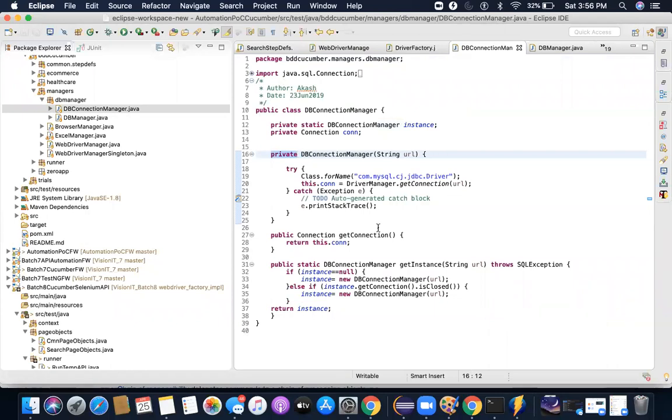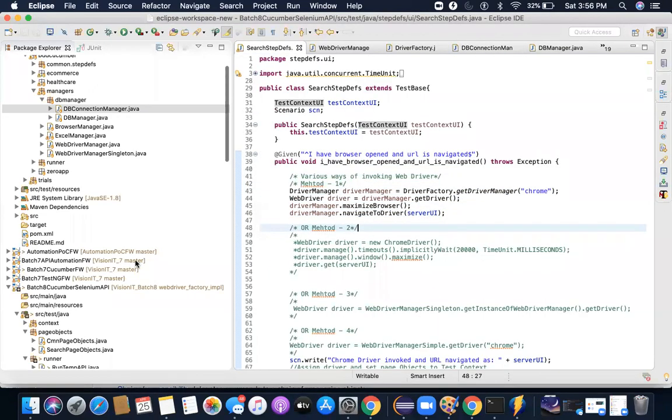Okay, you should not be blindly doing this. For example, for creation of WebDriver, if I'm using the builder design pattern, there's no point, because builder design pattern is usually used to create more complex objects which require more parameters or arguments. So it is best used there. In the creation of WebDriver, it's not very complex and there are not many arguments I have to pass. All I have to say is Chrome or Firefox or something like that. Not many. So I have used the factory design pattern for WebDriver.